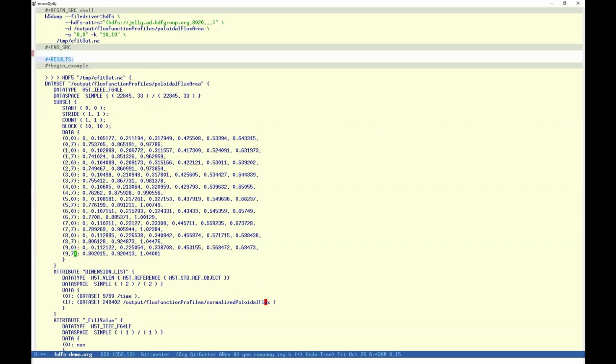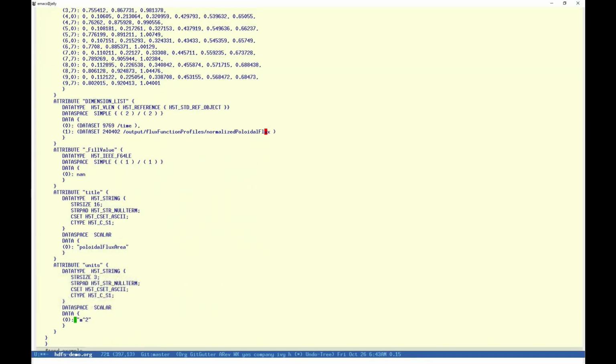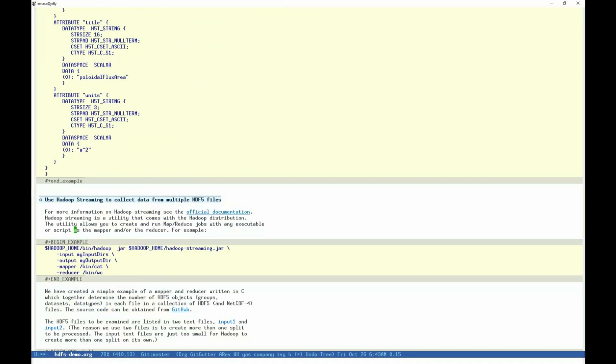This is this 10 by 10 block of this data set that is 22,845 by 33. Now that's nice. Now, of course,